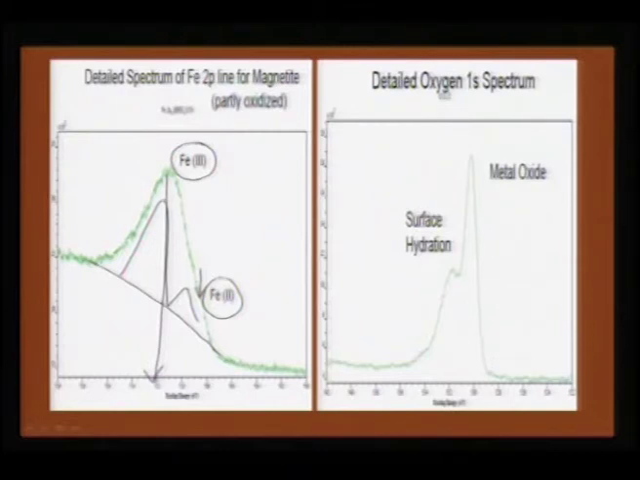mixed valence states. Take for example, the case of oxygen 1s spectrum, and in the case of metal oxide you would see a very clear oxygen 1s, whereas because of surface hydration you will also see a satellite peak which is coming. So, you can easily map whether the iron oxide is pure or it is having some water of